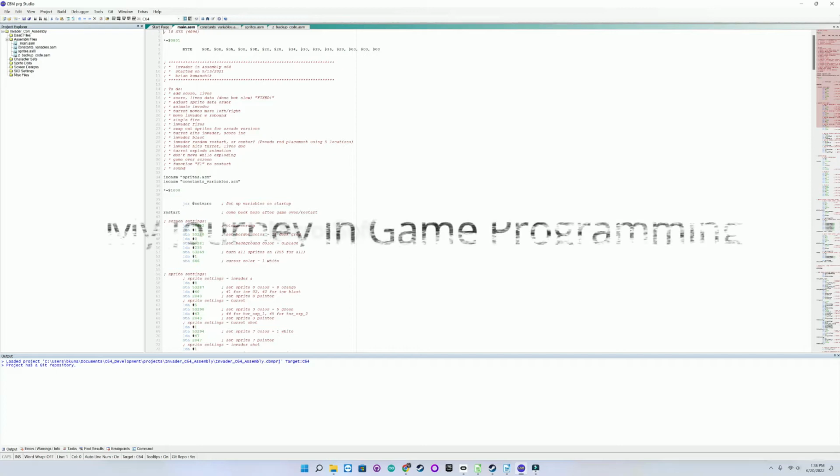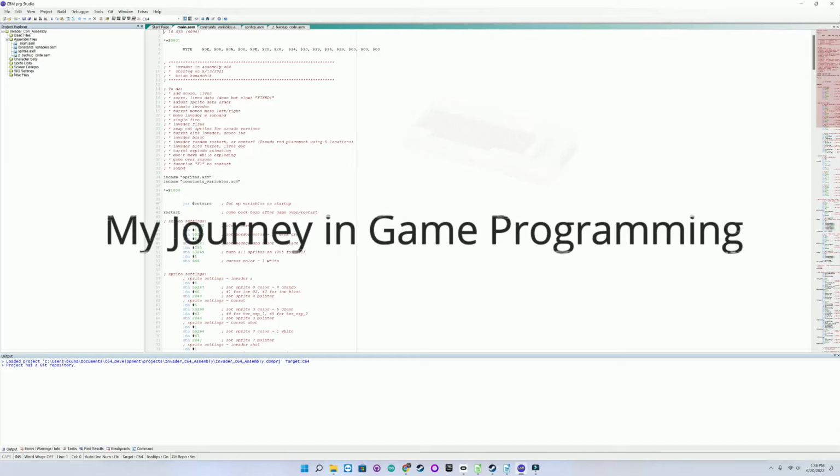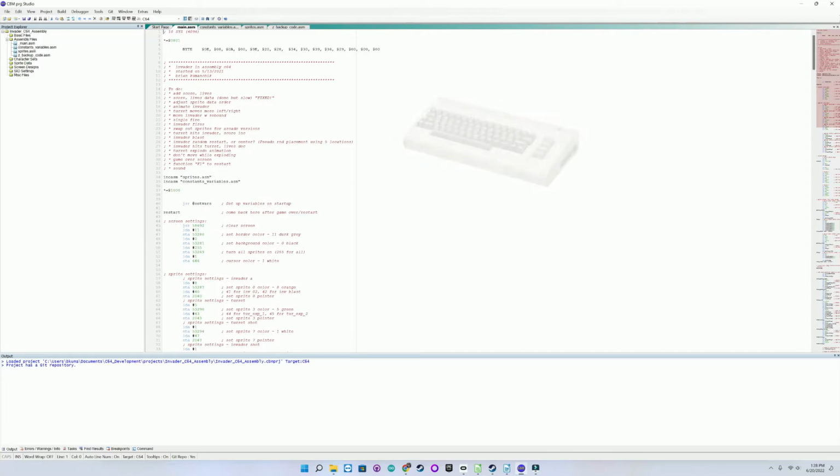Hello, we're back. In episode 9, I said we'd be talking about the Invader port to the Commodore 64, this time in assembly language using the CBM Program Studio IDE, shown here, a fully self-contained development environment for Commodore 8-bit computers. Here's the main part of the program: